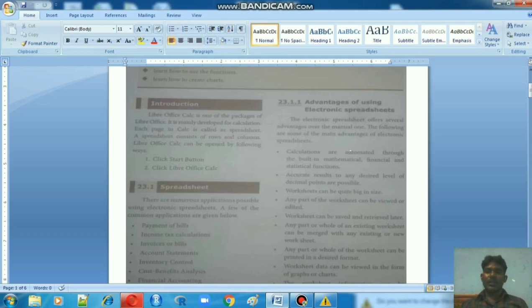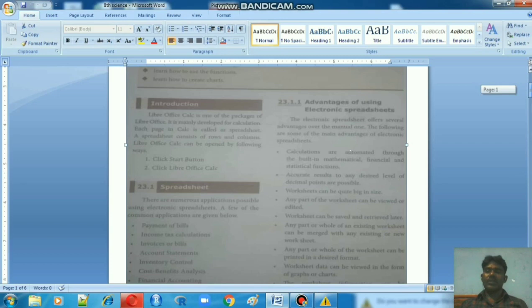The spreadsheet displays rows and columns. You go to the start button, there LibreOffice Calc, and your LibreOffice page will be open.